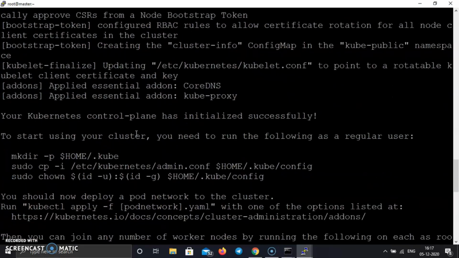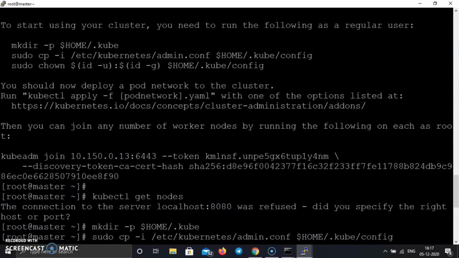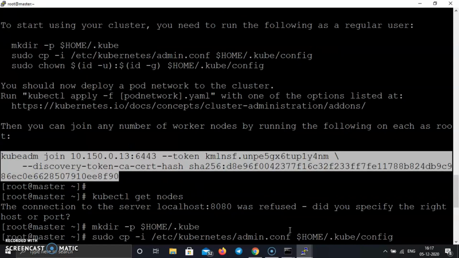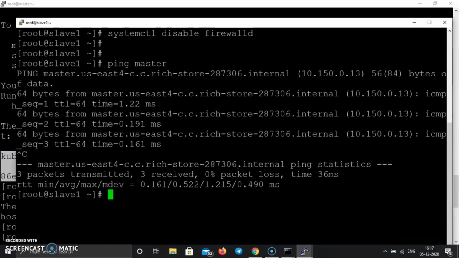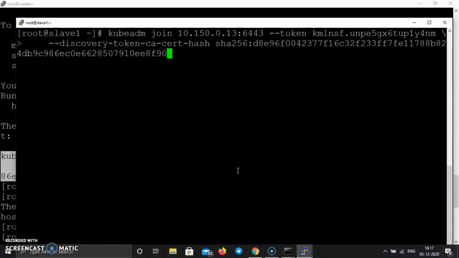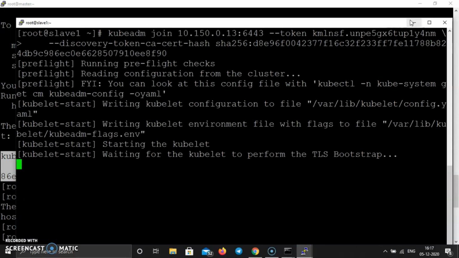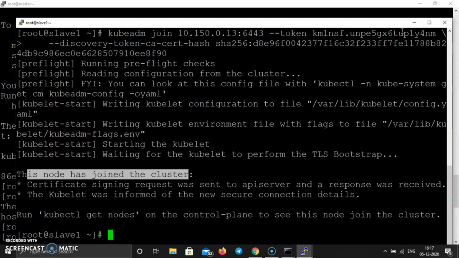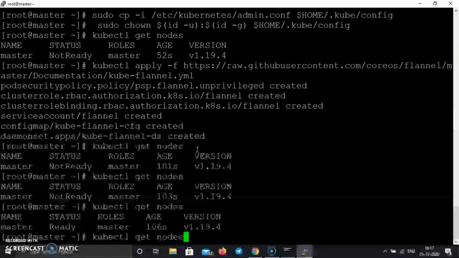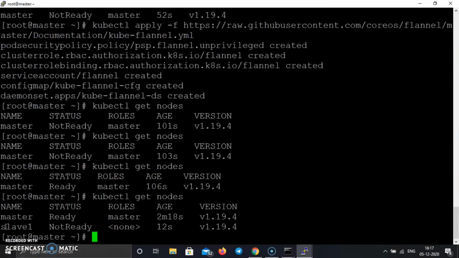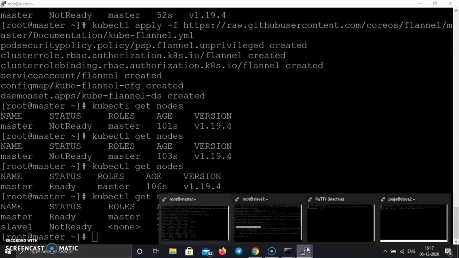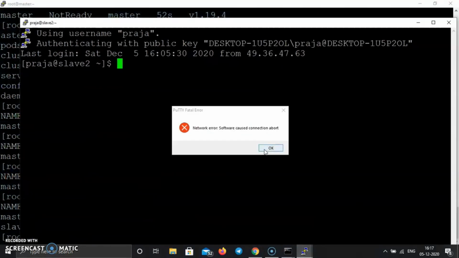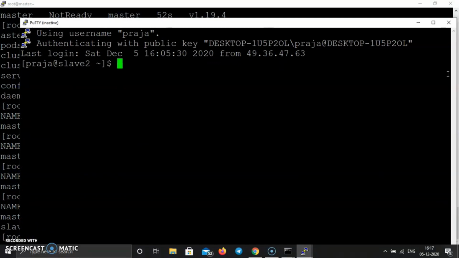Now our master node is ready, and our slave node can join this cluster. So just run this command in the slave node and it can join the master node. So I'm going to run this command here, and if all things are fine, it will join the master node. And here you can see that this node has joined the cluster. You can again run the command to get how many nodes are connected. So you can see that slave 1 has now connected, and you can run the same command in slave 2. So this is inactive.